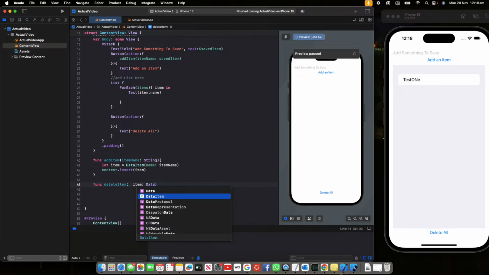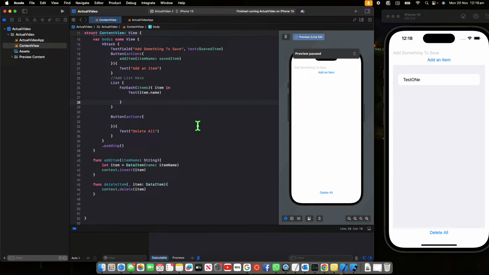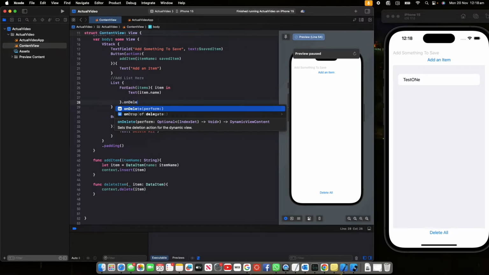I'll say data item. And this is so easy, but all we need to do is simply say context dot delete and then pass in the item. And now we can call this function. To call it, we need to go to the for each, and this comes with SwiftUI straight away. You don't need to do anything. And we can say on delete